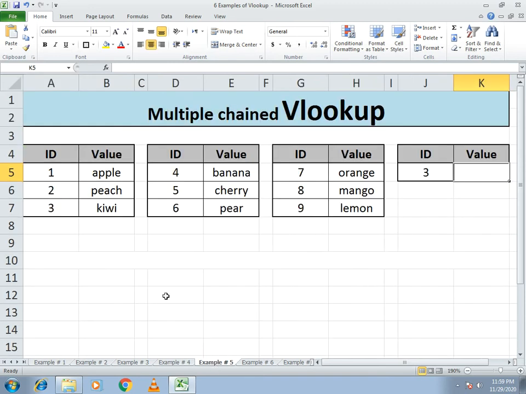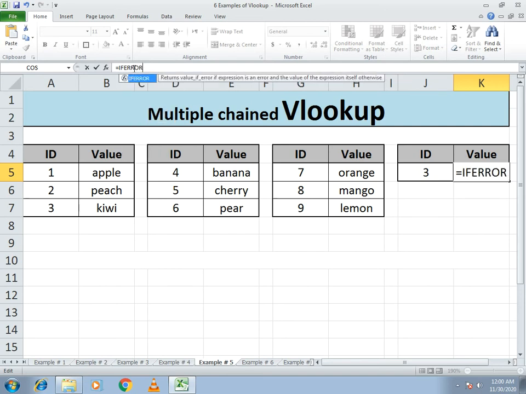Now we come to the fifth example. This example is very important, so you have to give some focus because there are a few complications in it. So how do we change multiple boxes and use our VLOOKUP function? So how? I just write here, so you will get a better understanding. You have to first write IFERROR, then you have to give